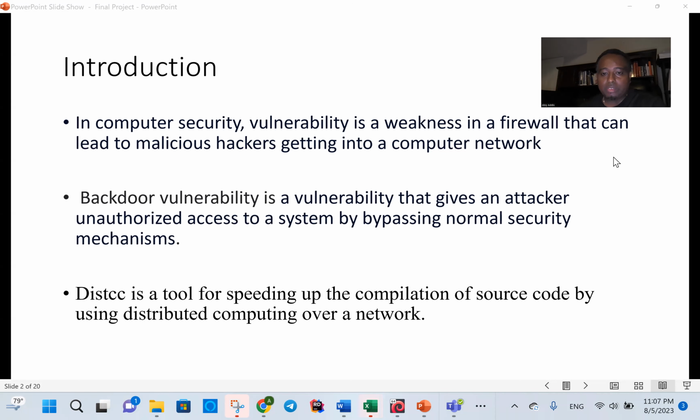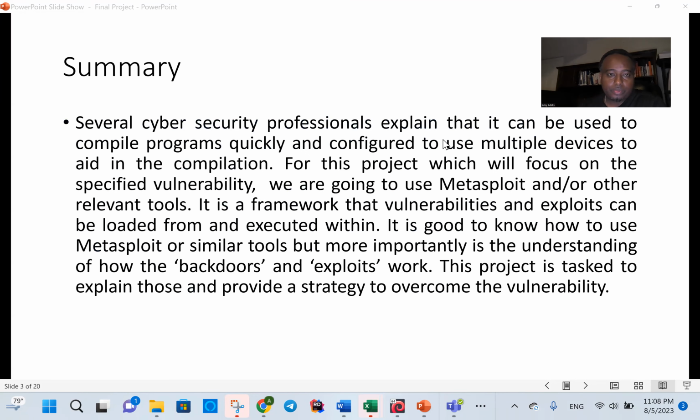tool for speeding up the compilation of source code by using distributed computing over a network. Several cybersecurity professionals explain that it can be used to compile programs quickly and configured to use multiple devices to aid in the compilation. For this project, which will focus on the specified vulnerability, we are going to use Metasploit